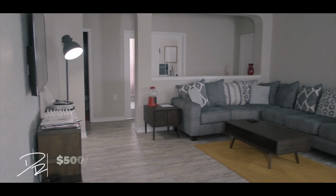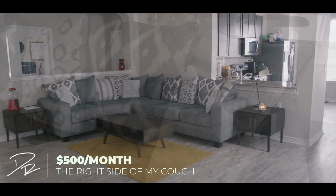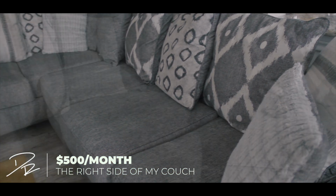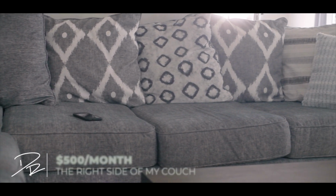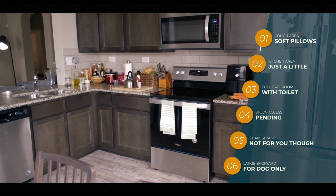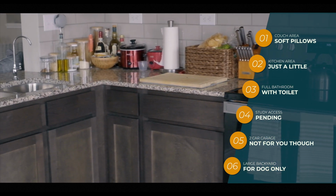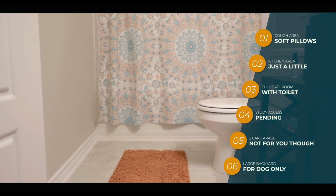Because for only $500 a month, you can sleep on the right side of the couch in my living room. That is right. The whole right side, with pillows included, is yours for only $500 a month. Amenities include the amazingly soft pillows, a full kitchen, which of course we hope you use as little as possible, one full bathroom that you will share with every guest that we have,